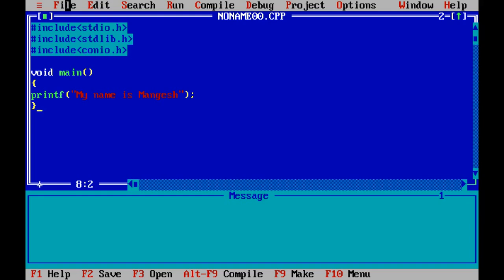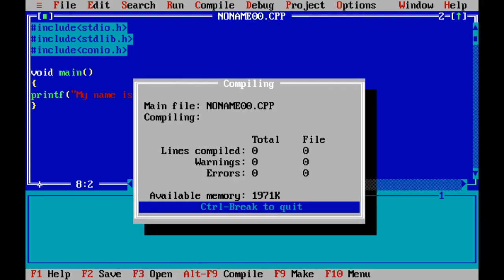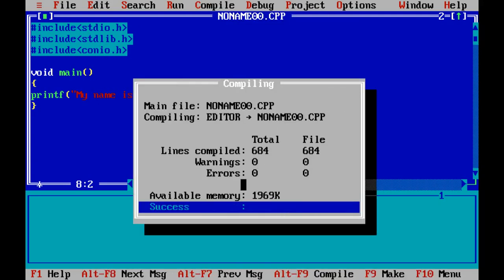I want to write only this particular sentence on the output screen, and it is a good habit to always go for compile. When you compile, you can see this particular window will pop up. It will show you the warnings and errors. If no errors are there, it means that your program is correct. It doesn't actually scrutinize your program logically, but it will only show if any error is there.